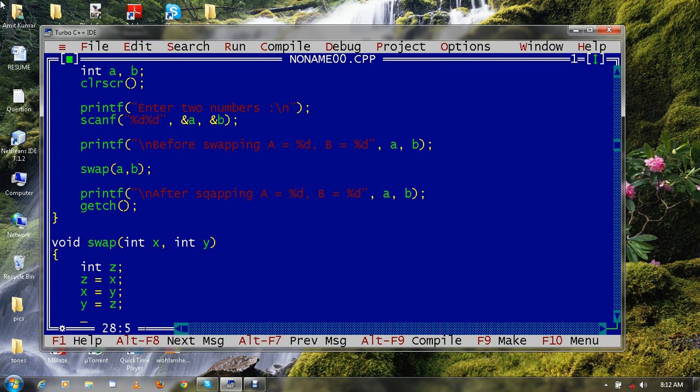Okay, let's see by printing the value of x and y whether x and y are interchanging or not.